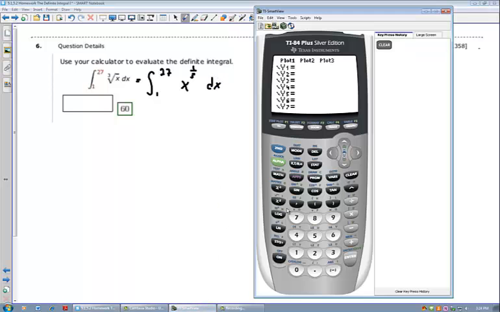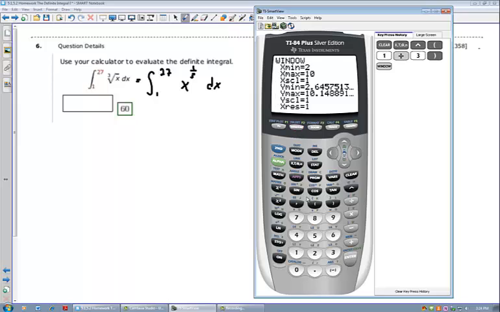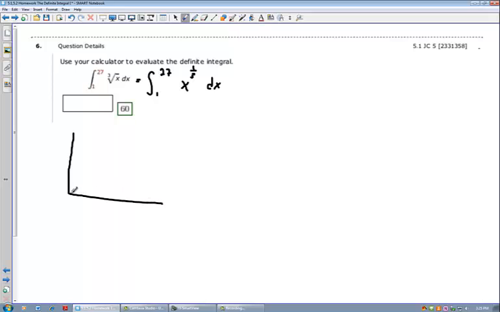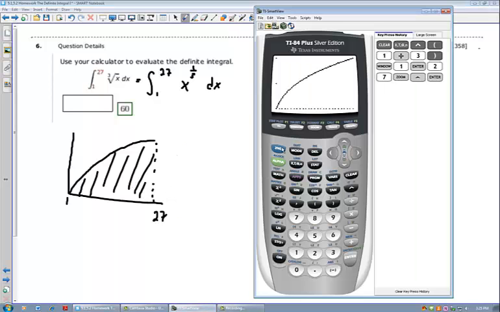On my calculator, I can put this in by doing x raised to left parenthesis 1 divided by 3 in parentheses, then making my window go from 1 to 27 and zoom fit it. And so I get a graph that goes up and kind of levels out just a bit, but it keeps going up. So it goes sort of like this. I'm going from 1 to 27. And remember, when I say integral, you say area. So this is really the area underneath the curve there,